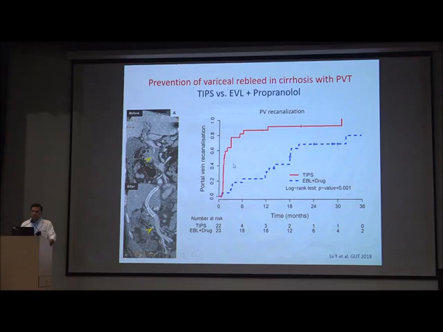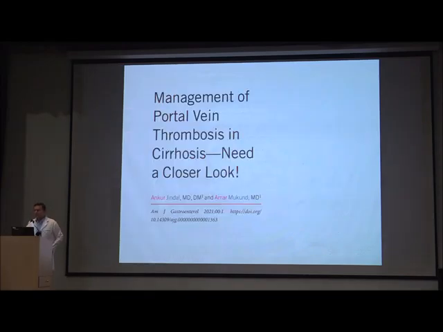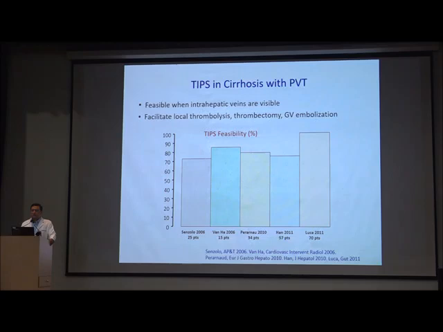What we can see is a very high rate of very early portal vein recanalization, almost at the end of 2 to 3 months, with almost 80% of the patients developing portal vein recanalization. So the management of PVT in cirrhosis needs a closer look. TIPS should be done in patients who fail to achieve recanalization within 6 months of anticoagulation therapy, or as a first line in patients who have extensive thrombosis extending completely to the splenic vein or SMV, or who are more symptomatic.